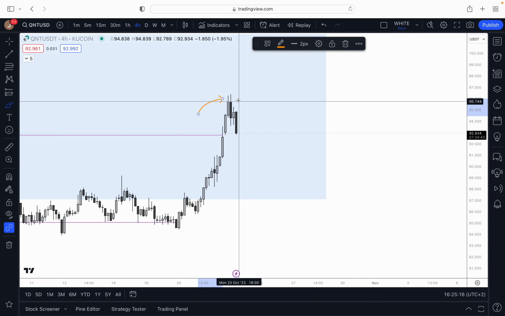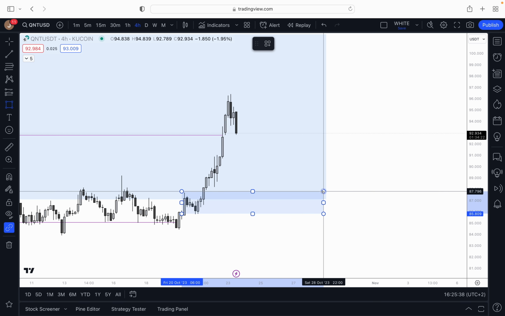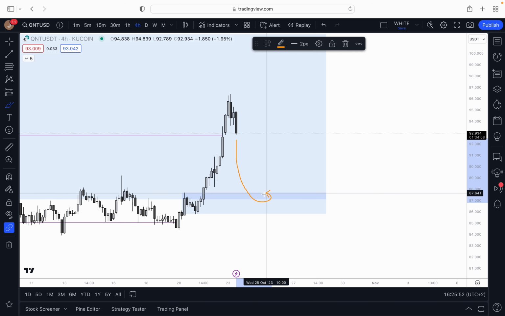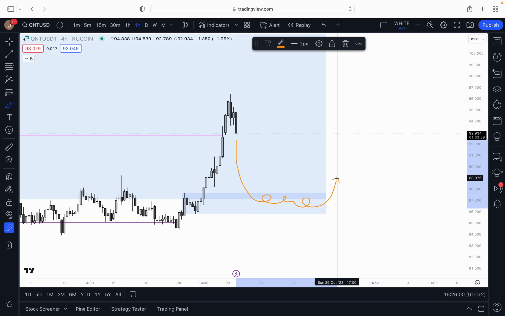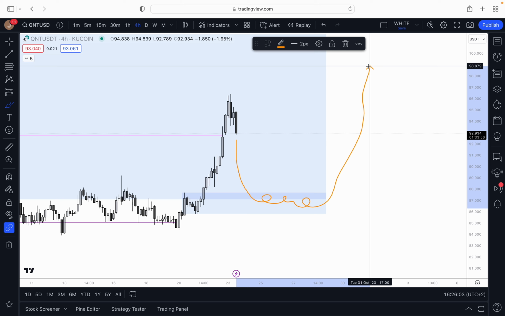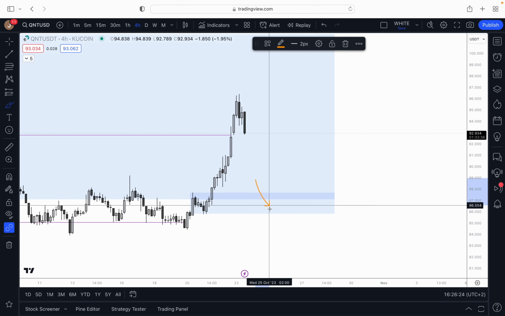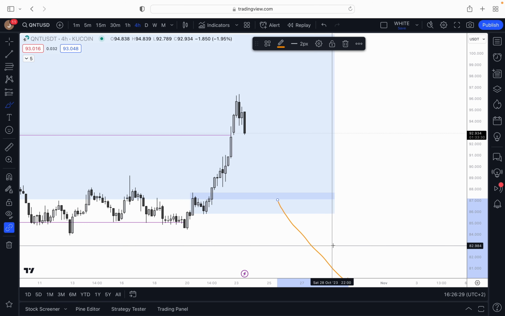As you can see, we see reaction right here and now going to the downside. I think if we are coming back to this demand zone right here, and see a bullish reaction right here, that I want to move into long positions right here. And if we are seeing the bullish reaction, that the chance is very high that we are seeing higher levels for Quant. But if we are coming to this demand zone and we are breaking through this demand zone right here, then the chance is very high that we are seeing even lower levels for Quant.